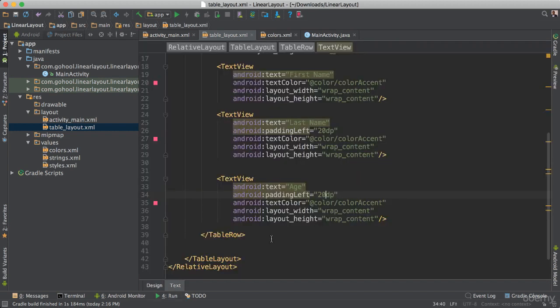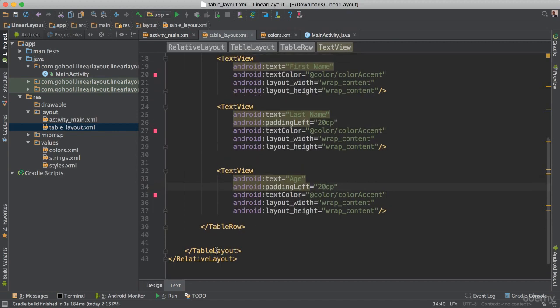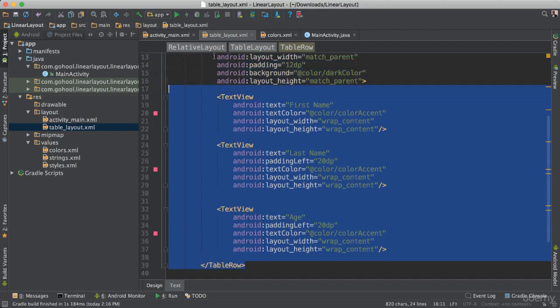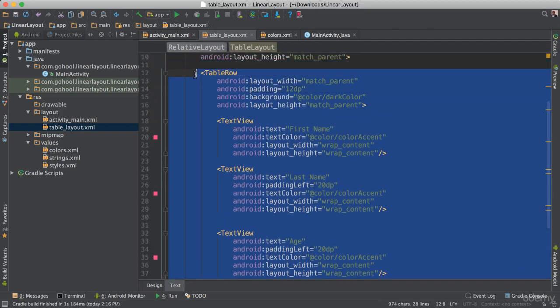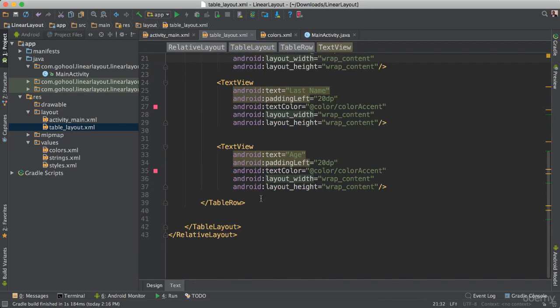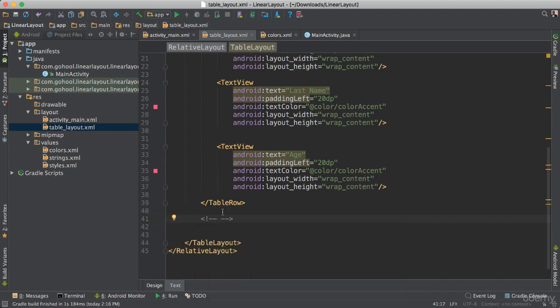How would we do that? Well, we could simply go here, see this table row here. We can copy this entire table row, and let's put here a comment. This is how you add a comment inside of our XML file. You put less than, exclamation mark, dash dash, and then you finalize like that. So here we can say second row,